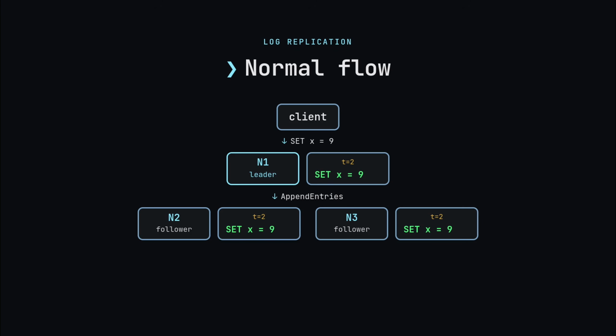Then the leader pushes append entries to the followers and they write the same entry onto their own logs. So the leader appends first, then pushes, followers append, then acknowledge. They never initiate their write themselves. We have not committed these yet. Copies exist, but the cluster has not yet said that this entry is locked in, meaning it is safe to apply, which means it is safe to run in the machine.